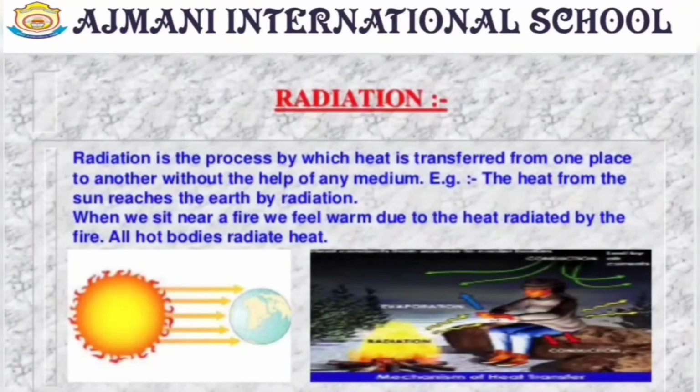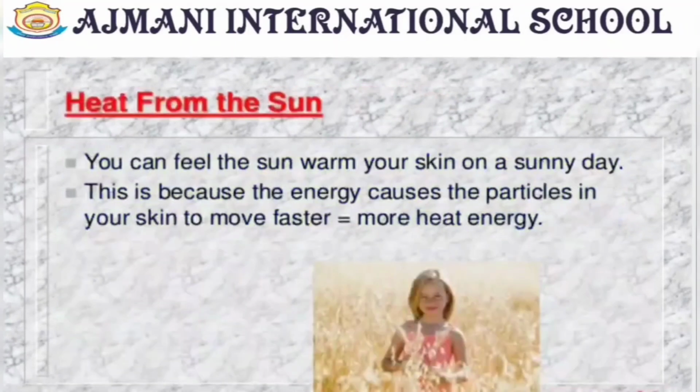The third method of heat transfer is radiation. In this process, heat is transferred without any contact between the heat source and the heated object. We feel the heat from the sun even though we are not touching it. Heat from the sun reaches us by the method called radiation, because radiation does not require any medium for transfer of heat. What are the applications of radiation?